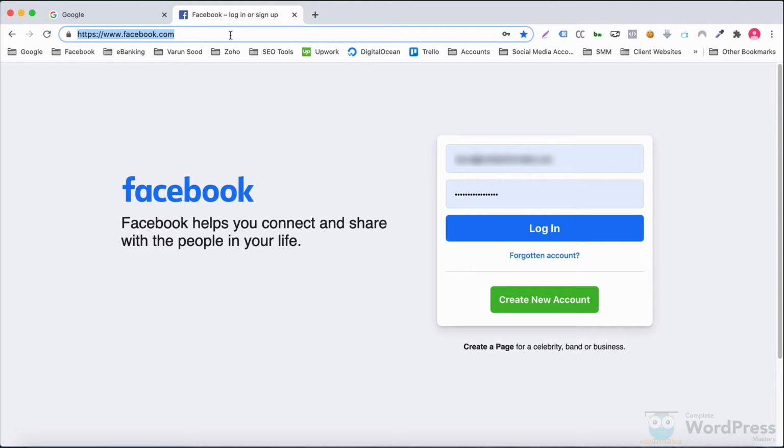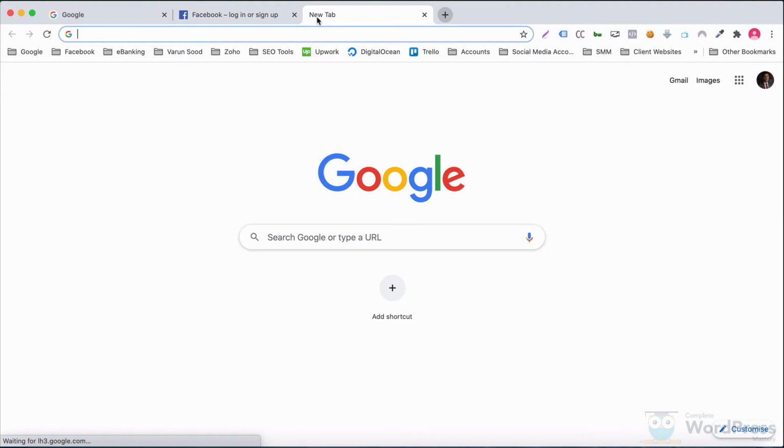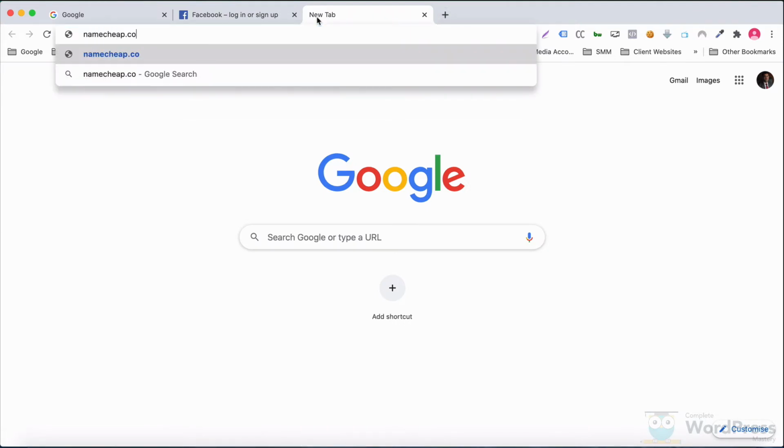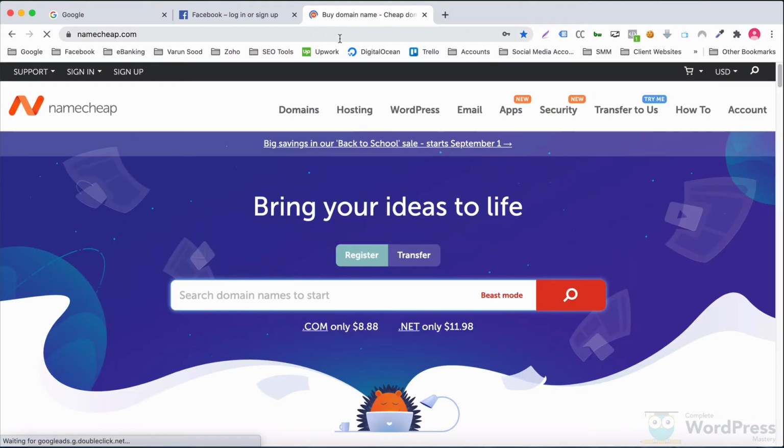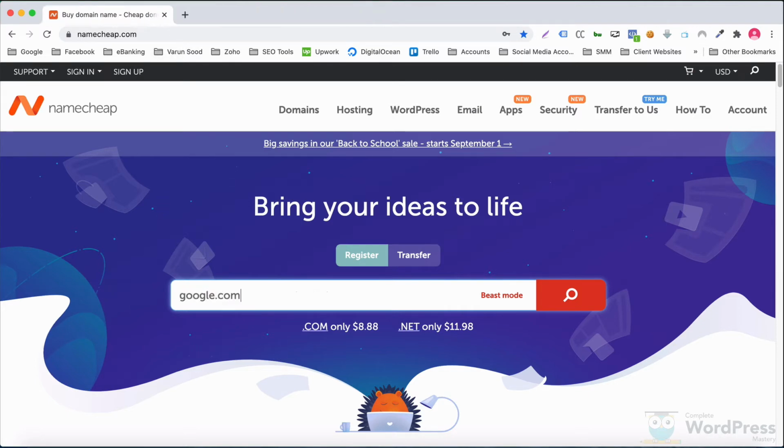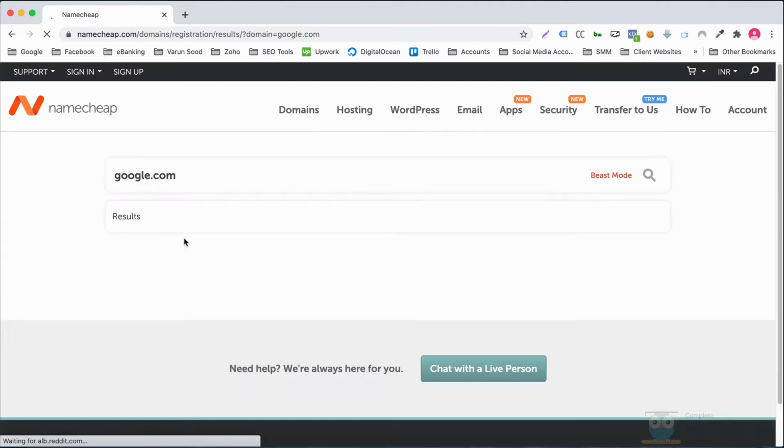So I'll head over to the website namecheap.com. This is the website from where I get most of my domains, simply because of its ease of use, and the prices are also very good. You can buy your domain name from any other registrar. There are tons of them, but I normally prefer namecheap.com. So on Namecheap, let us first try to search for a domain. Suppose we perform a search for google.com.